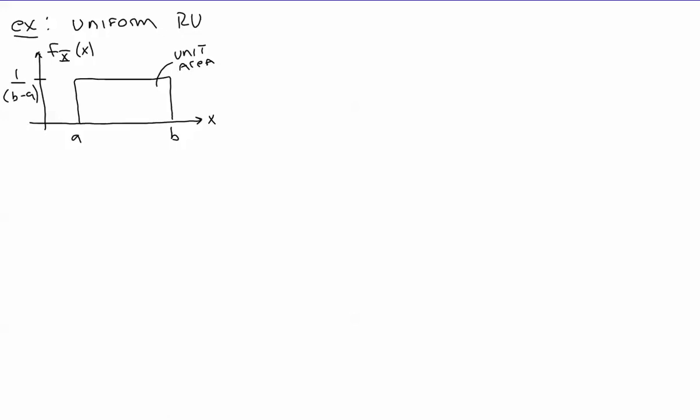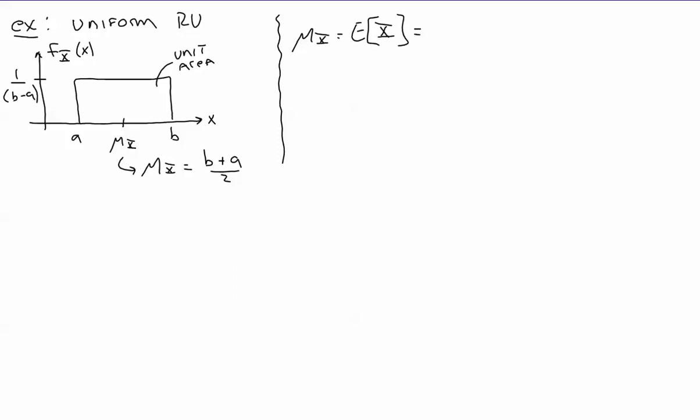Just by looking at this probability density function, you can probably guess that my mean value is right there in the middle, and that it equals b plus a over 2. Right in the middle. No surprises there. But let's calculate it. My expected value, my first moment, is